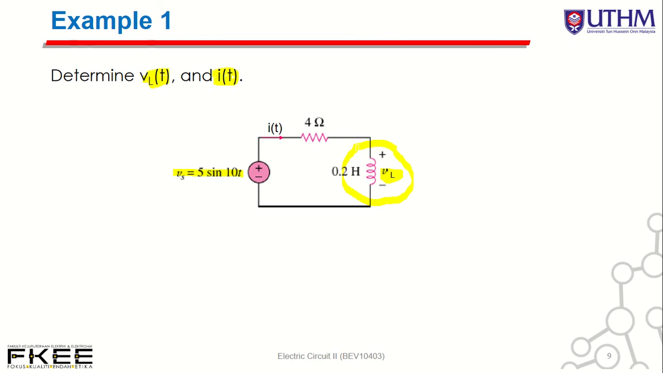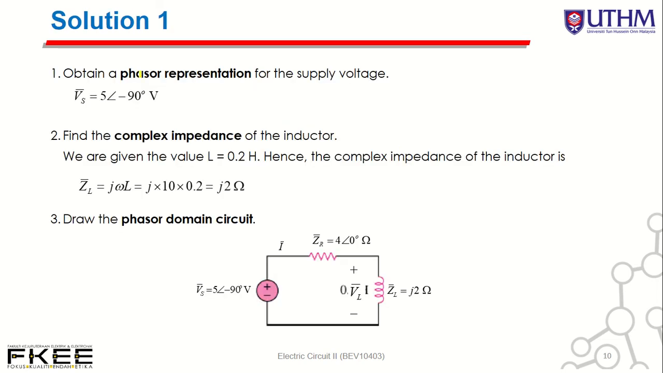In order to solve this problem, first of all, you need to transfer from the time domain to the phasor domain. You need to draw the phasor domain circuit. This is the time domain circuit. Look at the Vs. Vs equals 5 sin(ωt), you need to convert to cos, equal to 5 cos(ωt − 90°). That's the conversion. So you can determine the phasor representation for the voltage, equal to 5∠−90°, and